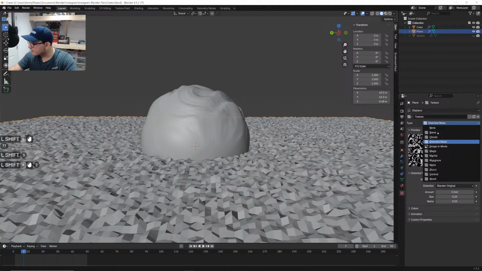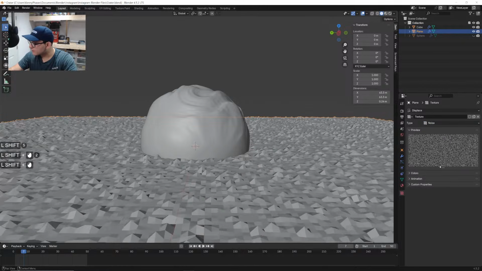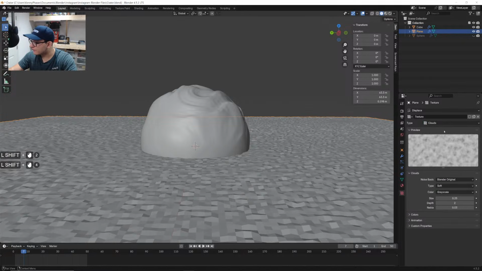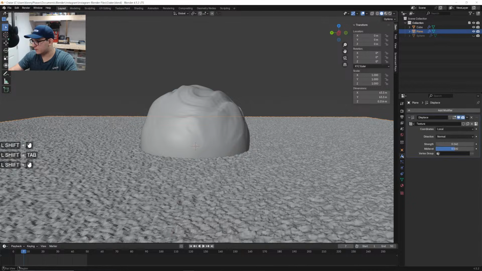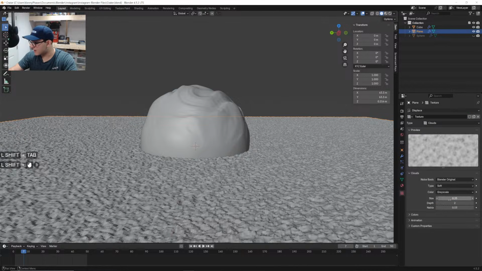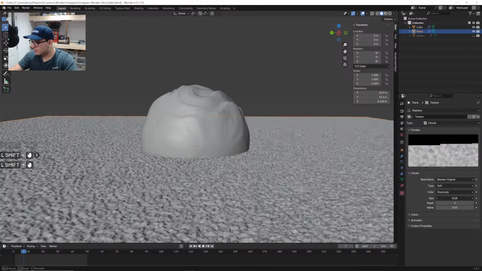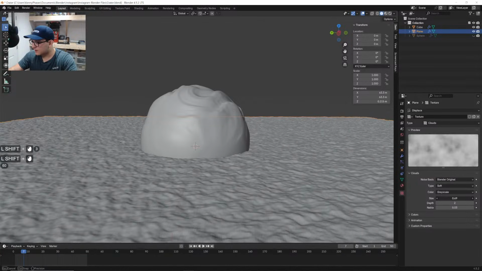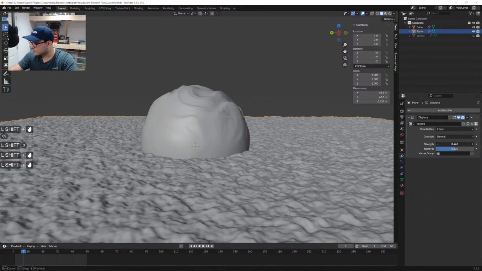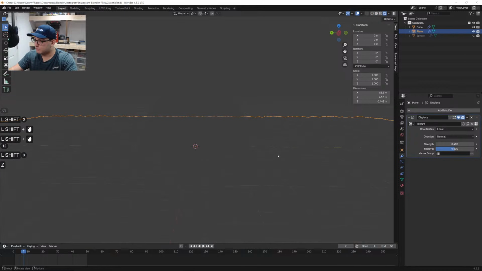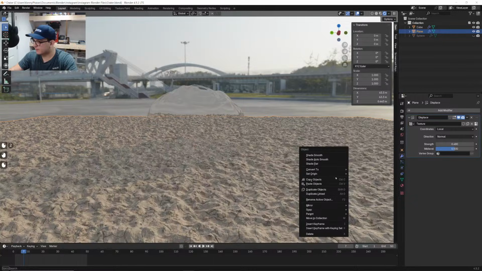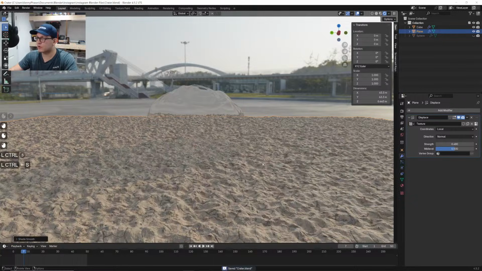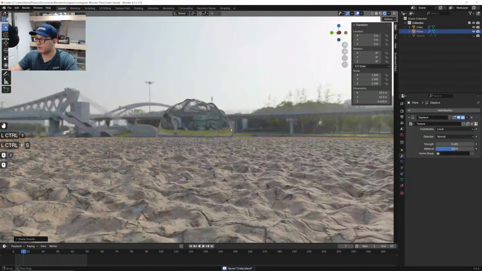Okay, I don't love that. Let's try noise. Now let's try clouds. Yeah, there we go. Okay, better. All right, for the scale, be like that. That's perfect. It's a little bit better at least because it's got some kind of something to it. It breaks up the pattern a little bit more so that when we look from the side, we're like, ah,